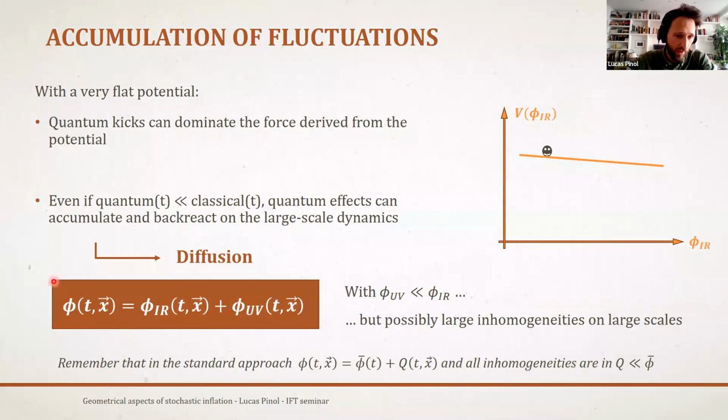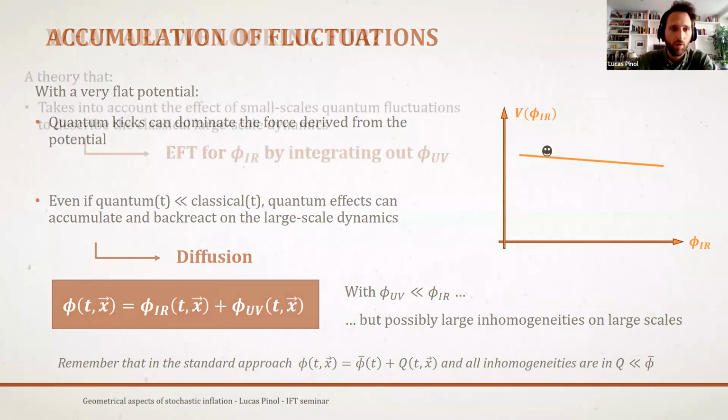So now the decomposition of your scalar field is into these infrared and ultraviolet sectors. You will still assume that the ultraviolet sector has smaller amplitude than the infrared one. And you will treat the small-scale fluctuations still in perturbation theory, but for the infrared ones, you would like to keep a nonlinear treatment. Okay, you don't want to expand in powers of φ infrared. You want to have a fully nonlinear theory in terms of the large-scale fluctuations.